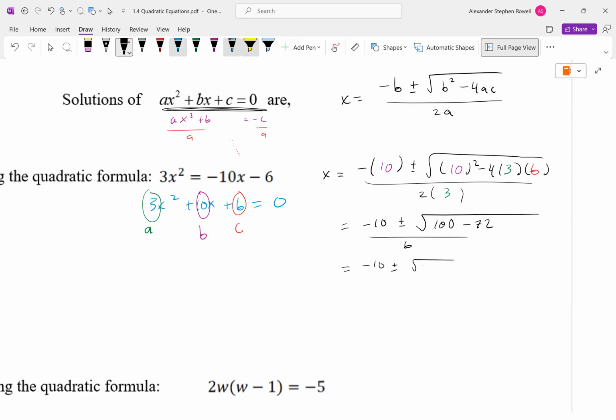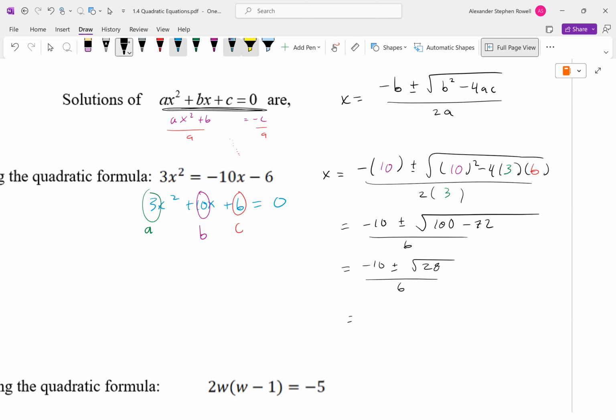So minus square root of 28. And does 28 have any perfect square factors? Very good, 7 and 4. So we can write this as,